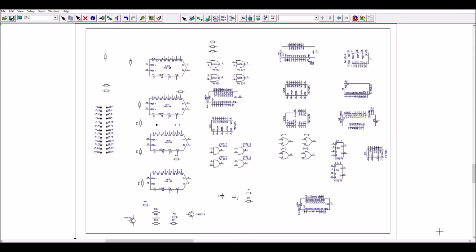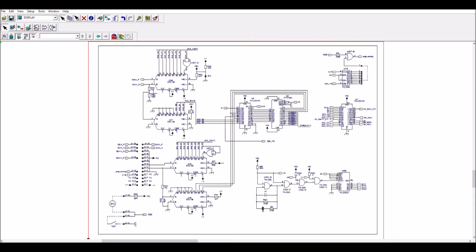Okay, so I have placed all the parts on these schematics as they appear on the real PCB, and now I will add all the connections between all these parts. So maybe I will start with the DAC here. I try to find where the input data of the DAC are going. So the schematic is finished at 99%, I think.